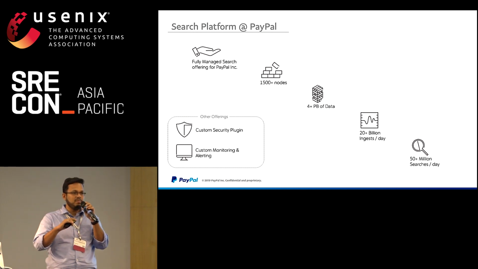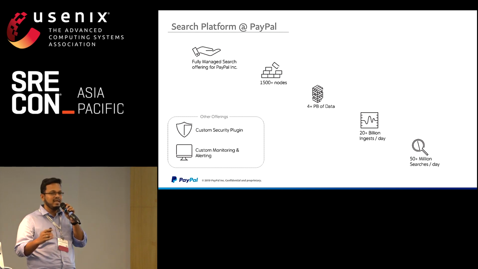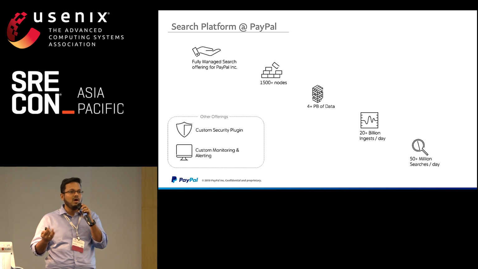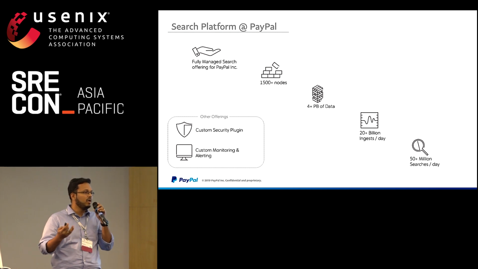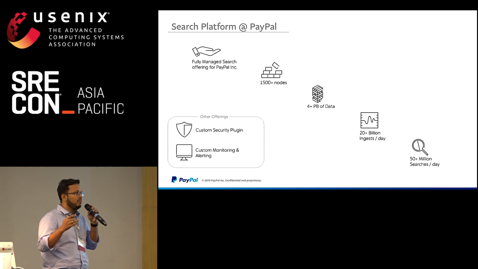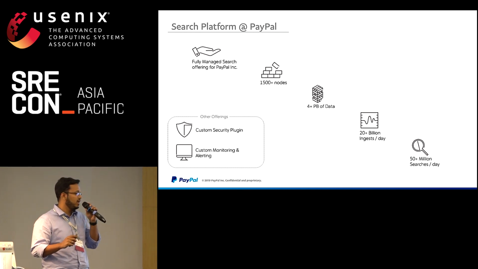We also have an abstraction layer in the middle that lets us swap out any other search infrastructure. So tomorrow, if you want to move from Elasticsearch to, say, Solr, or provide something like search on Hadoop for use cases that do not require sub-second latency, we could do that without customers being directly impacted. But the focus of this talk is going to be specific to what we've done with Elasticsearch.